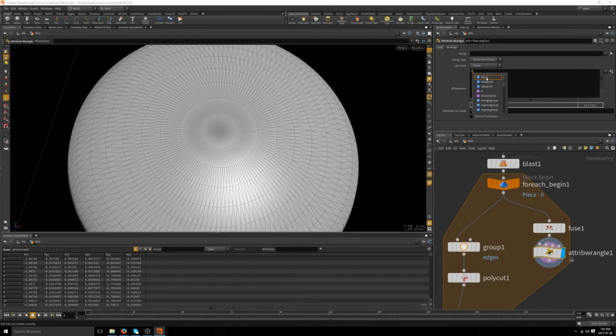Yeah, it's an integer. We're gonna call it val, and we're gonna use a VEX function called neighbourcount, which is exactly what we are looking for. The input is okay, on which input are we working? Obviously the 0, and we're gonna process that on every point. So pt